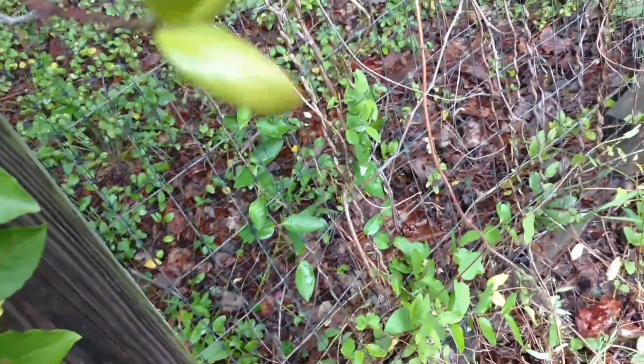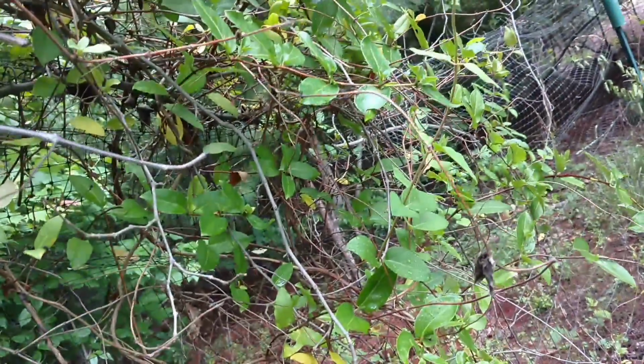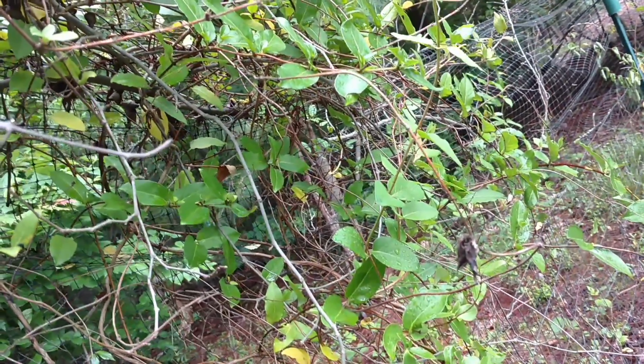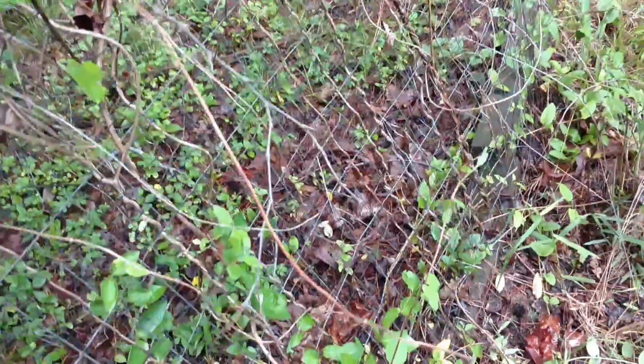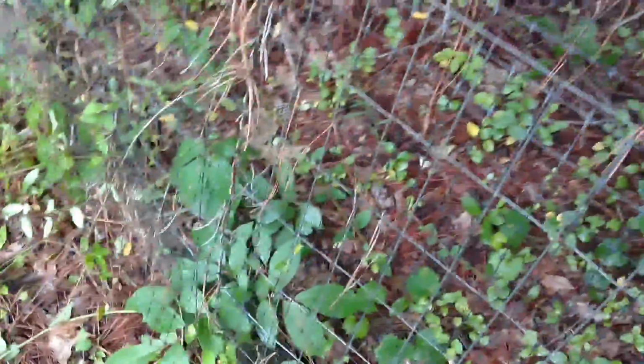I may be able to fix that myself. If I can brace it, I'll have to cut these honeysuckle vines off of here. Anyway, other than this, I've got this area cleared. This is little bitty stuff that...